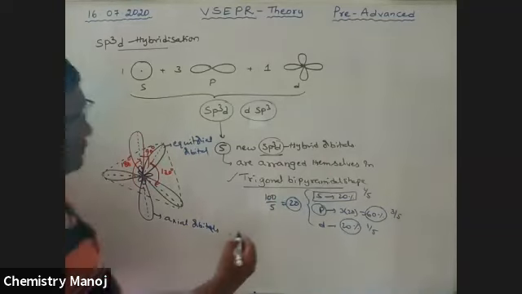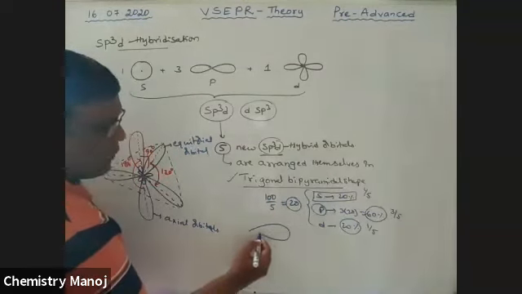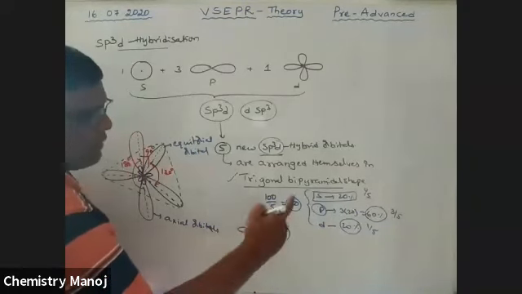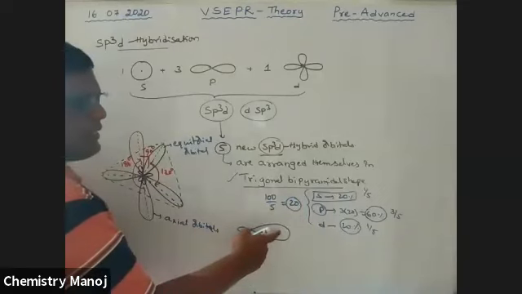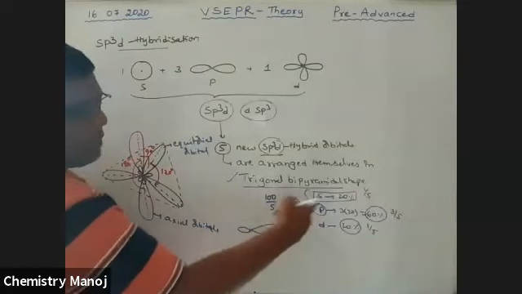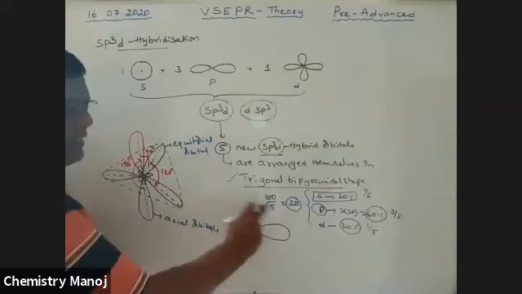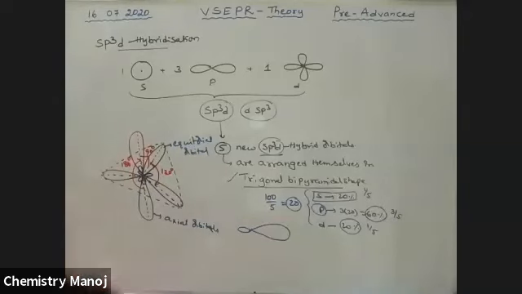So this is the percentage of the different orbitals. This hybrid orbital is the combination of S, P, and D. That means S percentage is there, P percentage is there, D percentage is there. In this hybrid orbital, S is 20%, P is 60%, D is 20%. So the orbital has all three combinations: 20, 60, and 20% of S, P, D in the sp3d hybrid orbital.